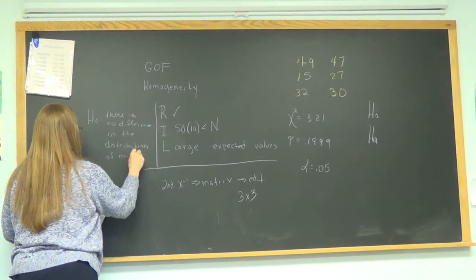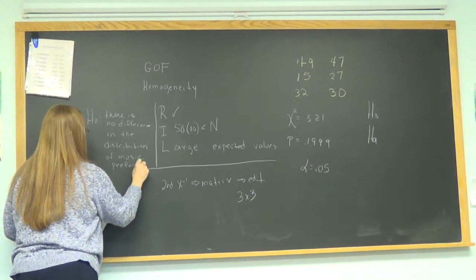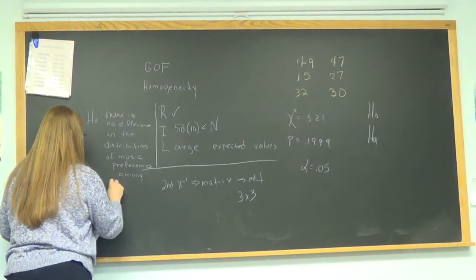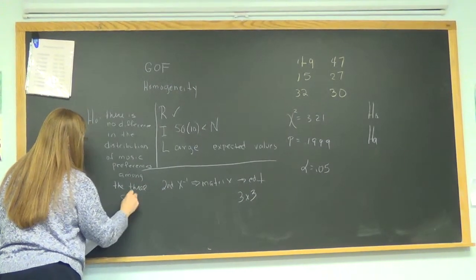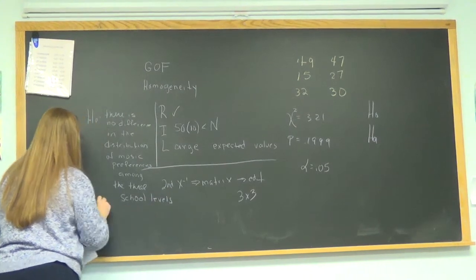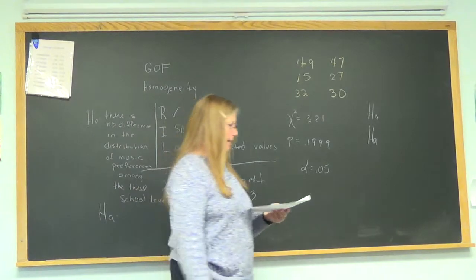Right, music preferences among the 3 schools, or whatever, school levels, 3 school levels, something like that. Big group. All right, so H sub A, Ryan, then would be,